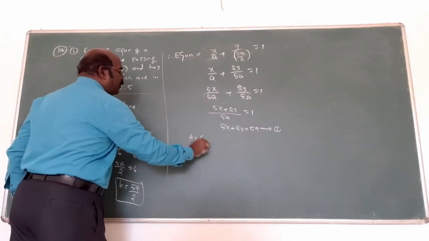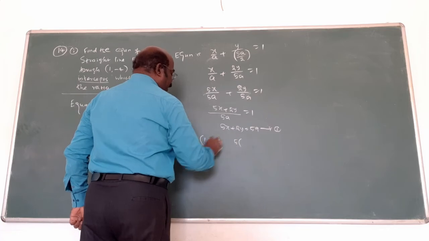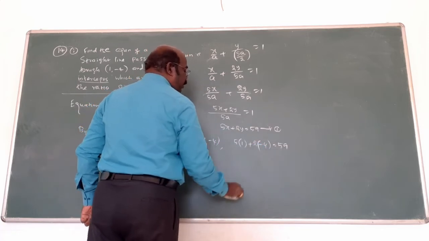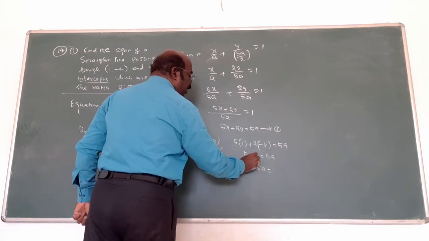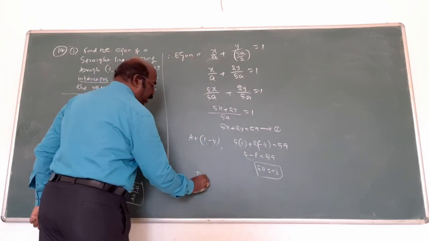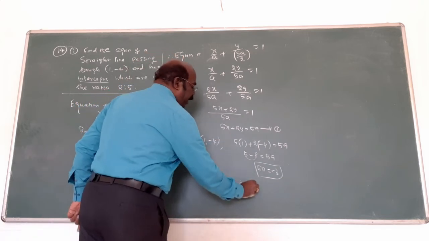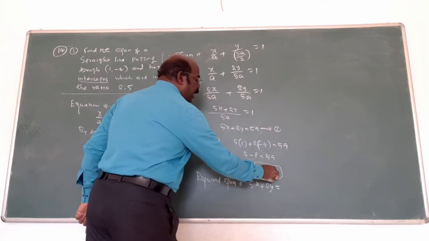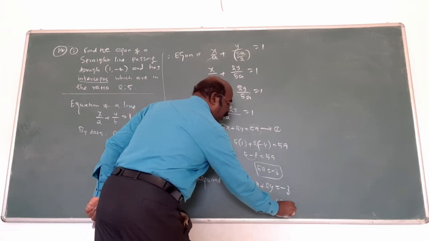Now, what is the point? Now substitute the point here. What is the answer? 5 into x is 1, plus 2 into y is minus 4, equal to 5a. Am I right? Here 5 minus 8 equal to 5a. Therefore 5a equal to minus 3. Am I right? Therefore, the required equation is 5x plus 2y equal to 5a, that is, 5x plus 2y plus 3 equal to 0. This is the answer.